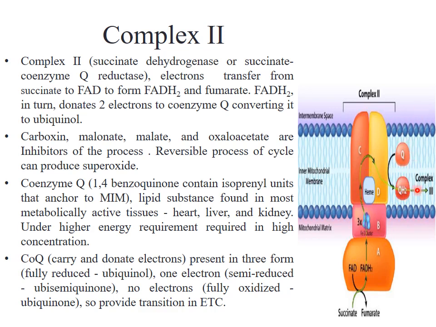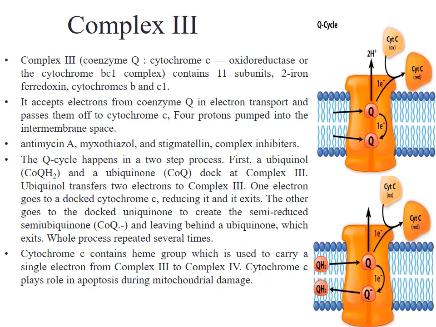As you can see in the picture, again succinate to fumarate, this conversion is regulated by FAD conversion to FADH2, which gets entered into the iron sulfur complex, and heme is also involved. And as I told you, this heme is different in structure and function from the heme which is present in hemoglobin, and from here these electrons get transferred to the Q enzyme and enter into the Q cycle. And this Q cycle is started from complex 1, continues to complex 2, and ultimately finalized at the complex 3, which you can see here.